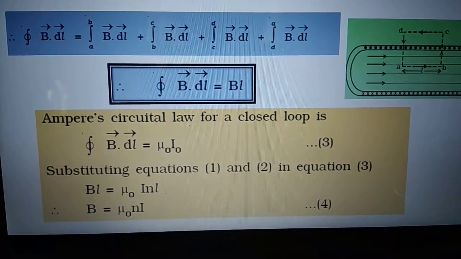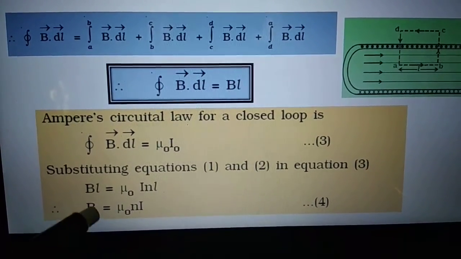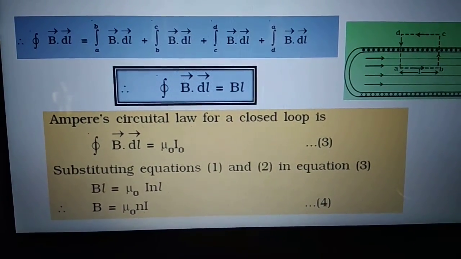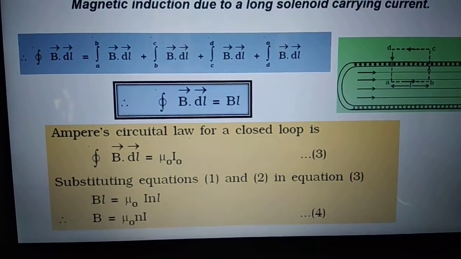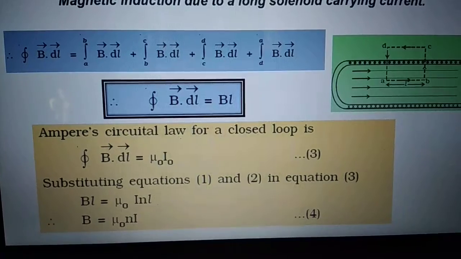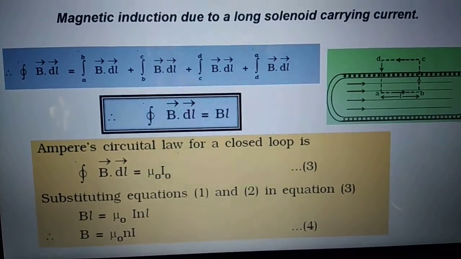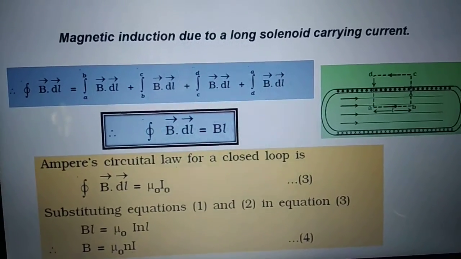Okay. And now I will find the value of B into L. So B into L I know is equal to mu naught into I. But for simplicity, when I have number of loops n, then I will write B as mu naught into n into I. For solving numerical problems, I should not ignore the length of the solenoid. That time I have to consider the number of loops per unit length of the solenoid.